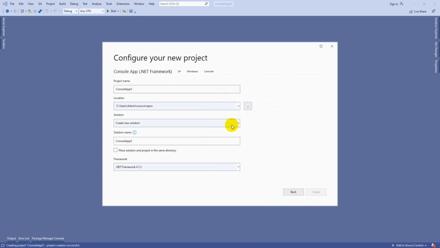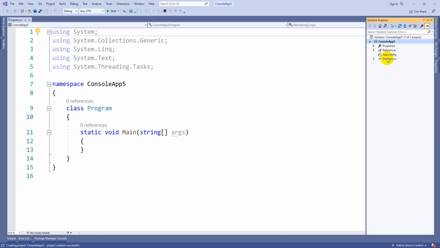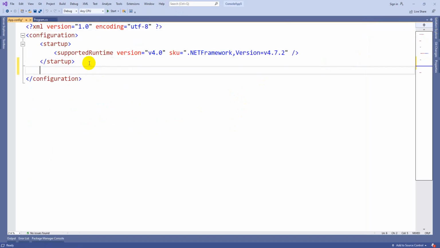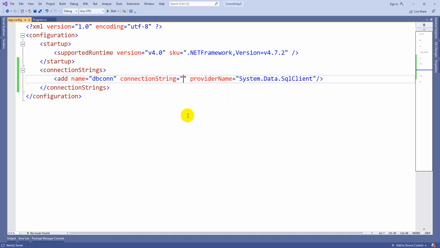So this is my console application. First of all, before making any project a code first approach, the first thing you need to do is write the connection string. So let me write the connection string, add some name equal to whatever name you want to use. This is an Entity Framework program, so you have to give the provider name. That means you have to mention which namespace can handle the current database connectivity. So here we are going to use System.Data.SqlClient.